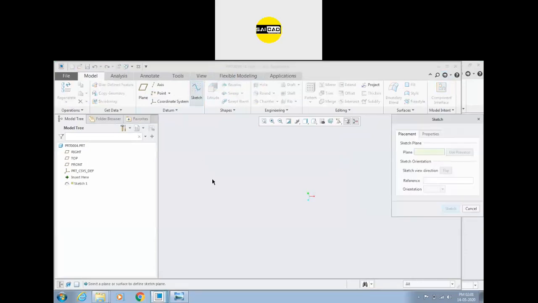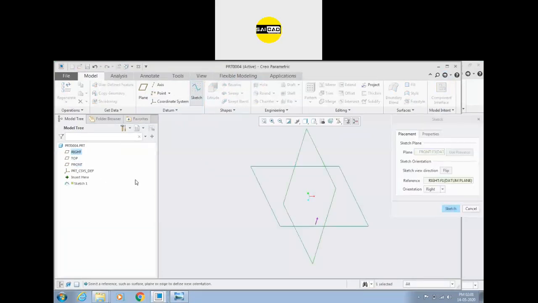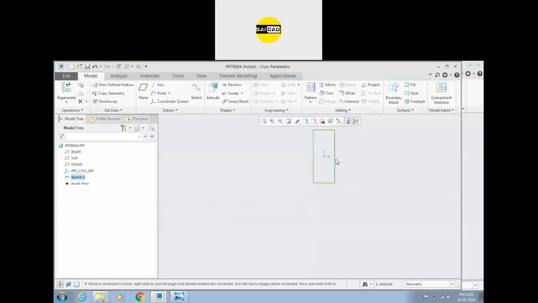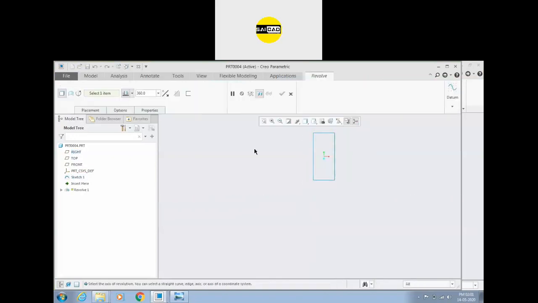Now you can go to the sketch and select the plane. I want to create on the front plane. If you want to create a shaft or a cylinder, you just have to create a rectangular shape. Suppose this is a rectangular shape, and if I rotate it around this axis, what shape can be created? Just click OK. Now I want to revolve this shape around this axis. So I have selected the axis, and the rectangle will be revolved 360 degrees.